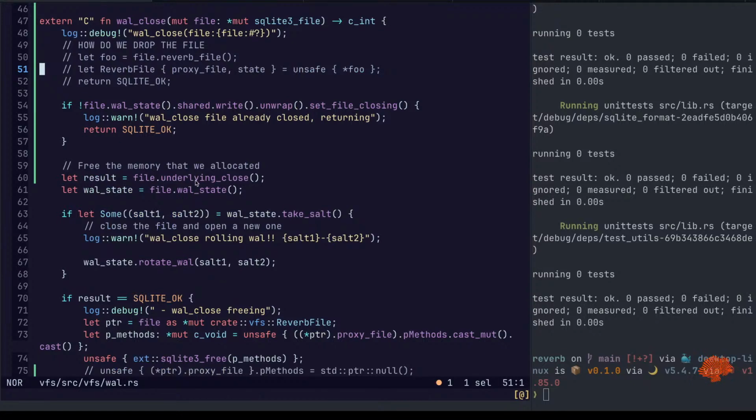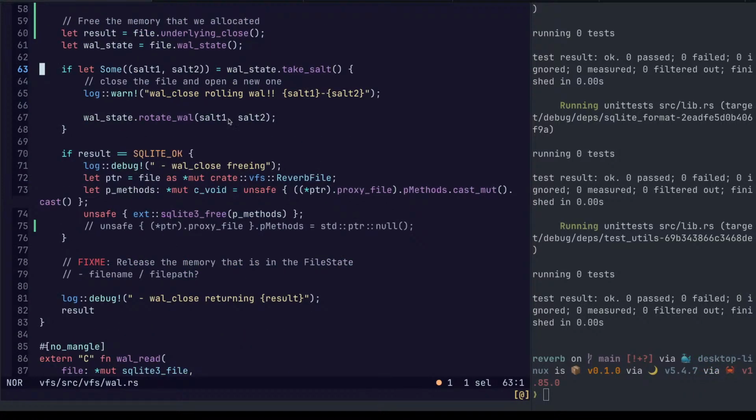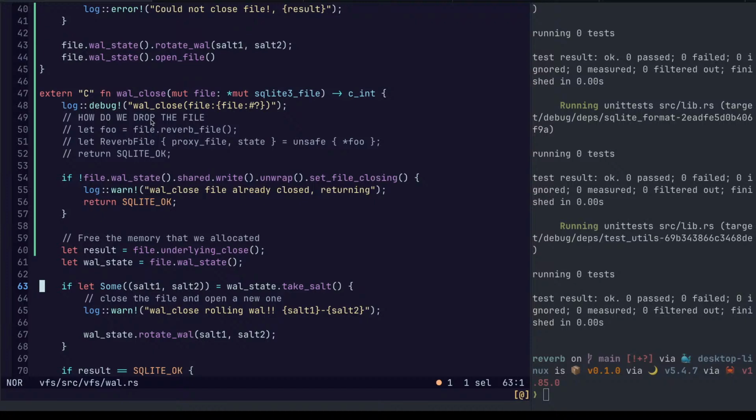We close the underlying file after the first time it's closed. It should be closed when the last reference to it has been removed.